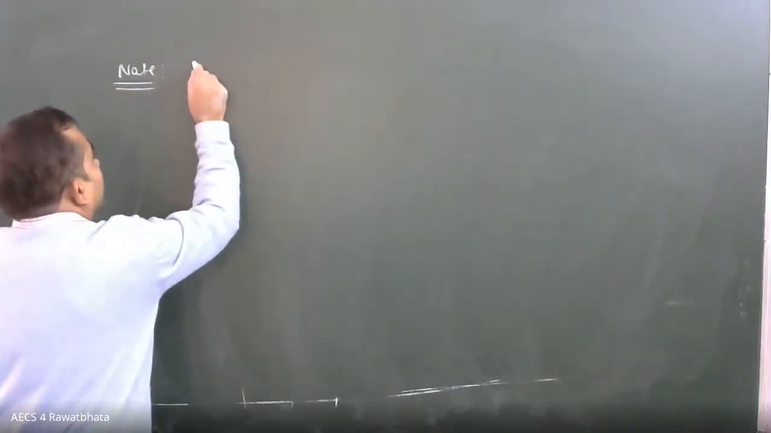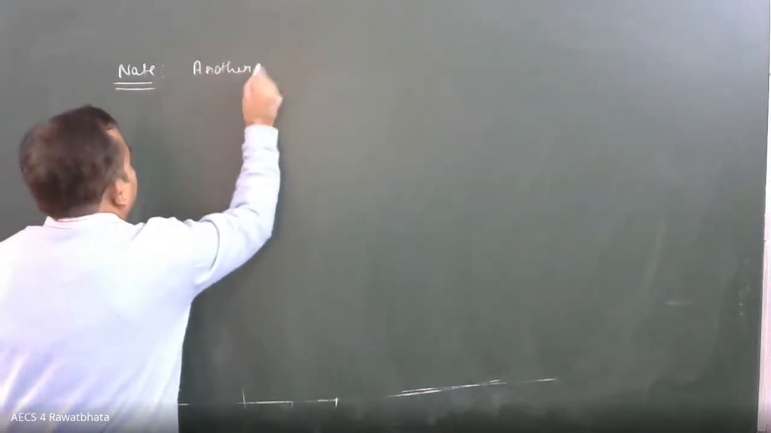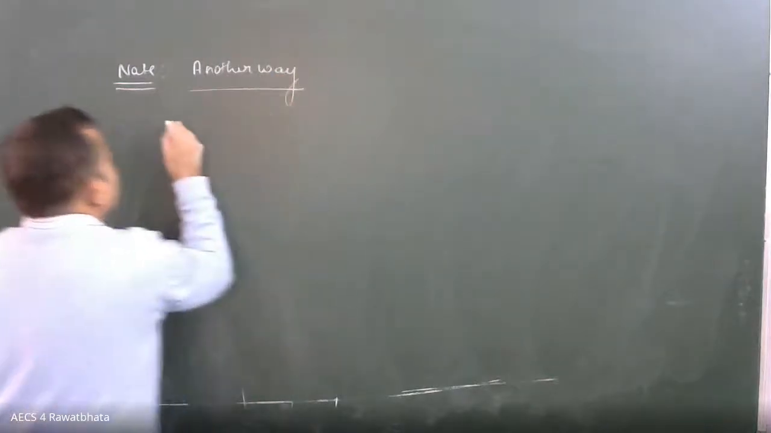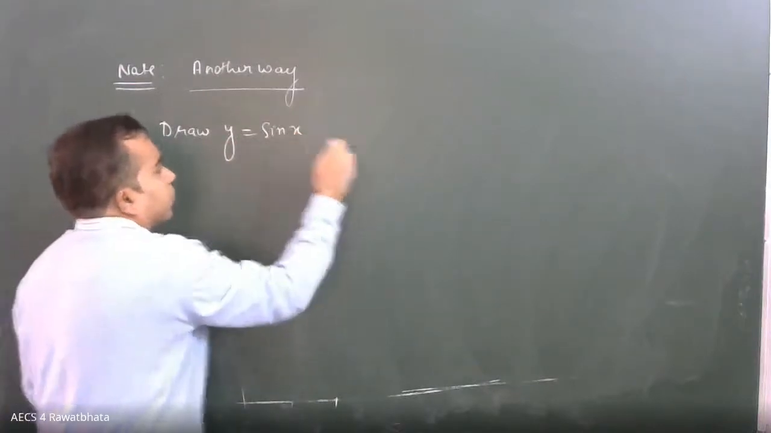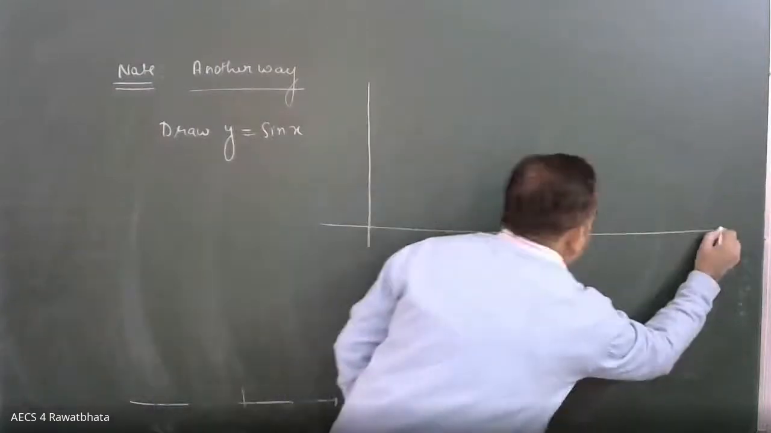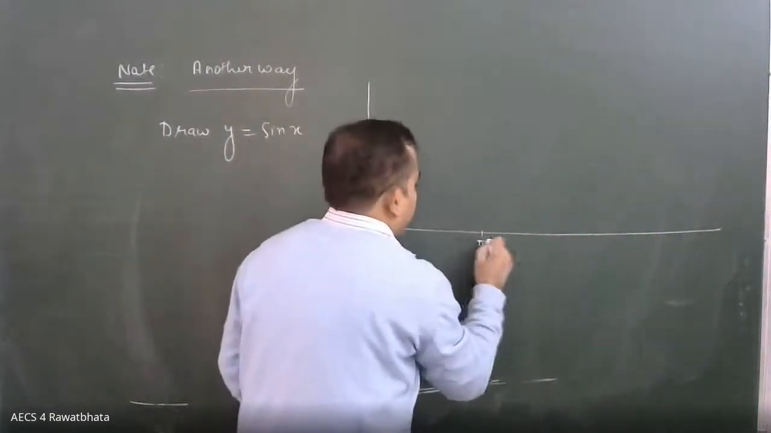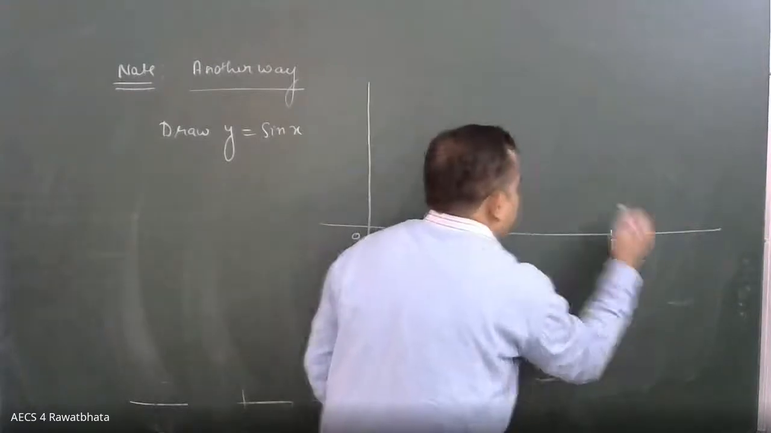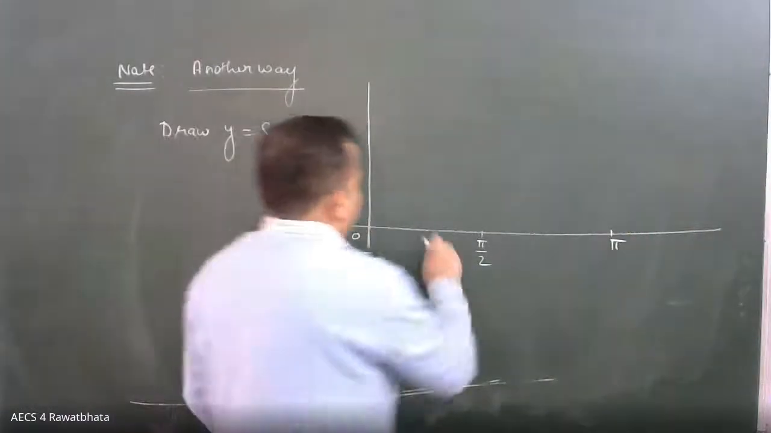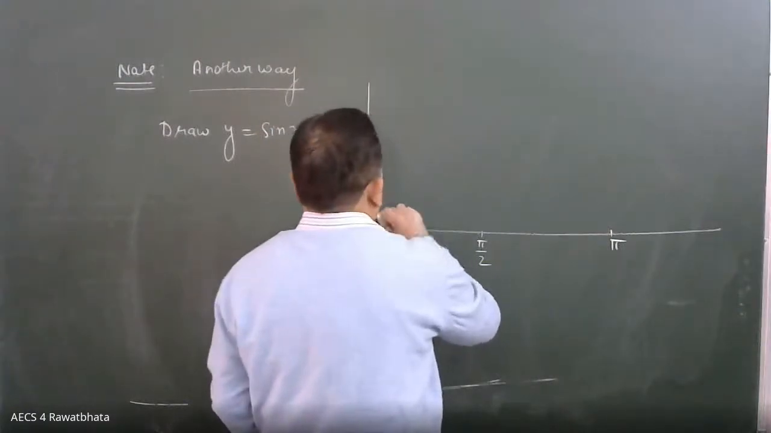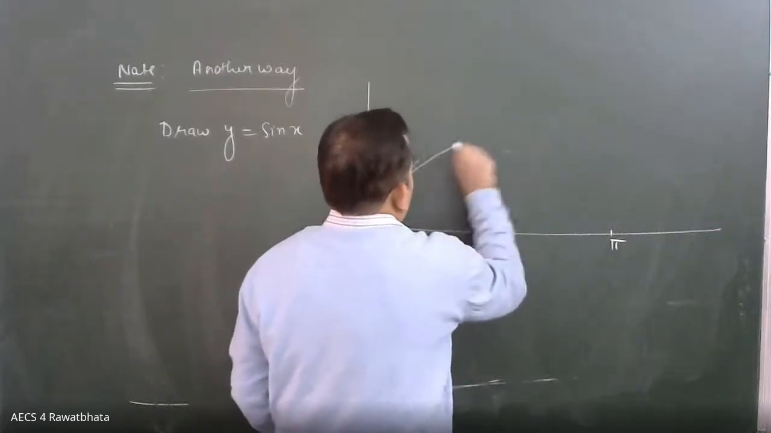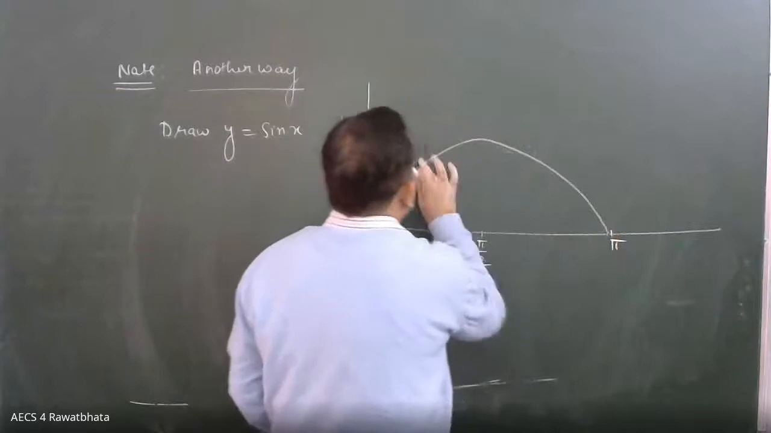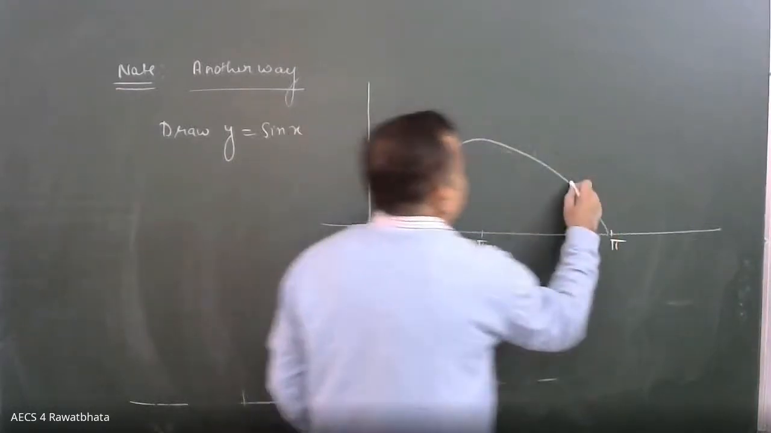That what you do, another way. That first draw y equal to sin x, है ना, 0 pi by 2 pi, and sin x will take maximum at pi by 2 and will meet x-axis at pi. This is sin x curve,